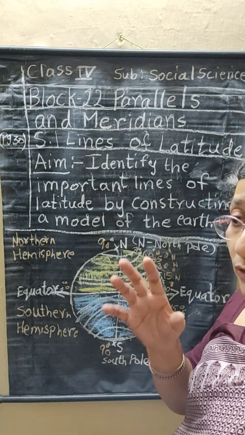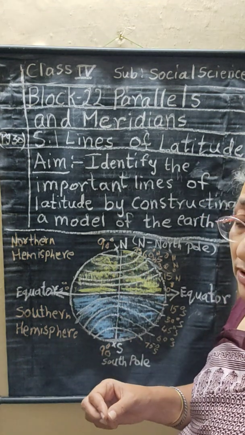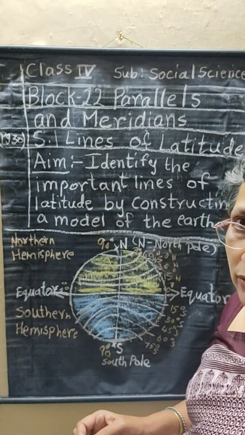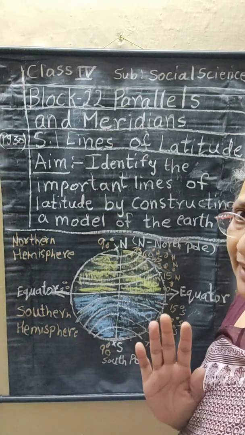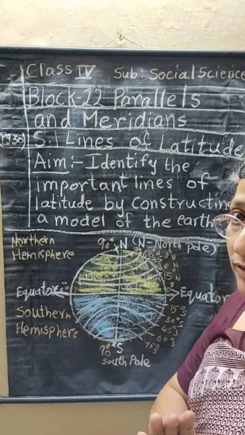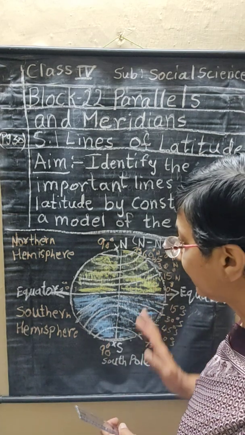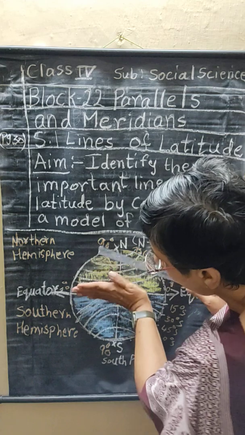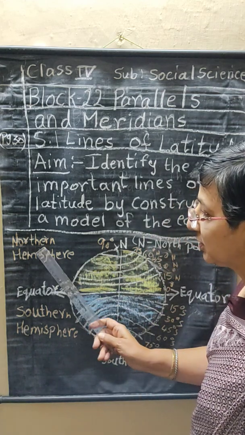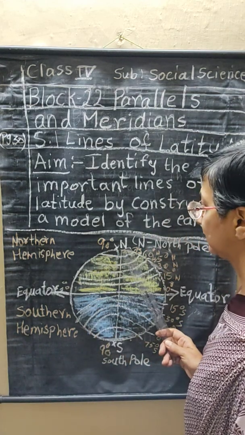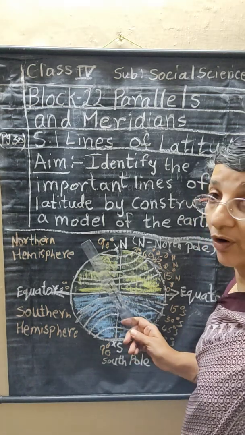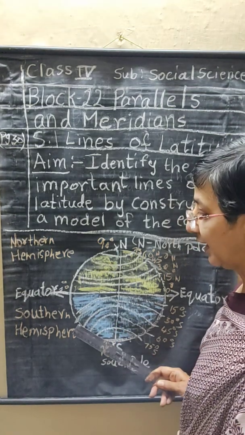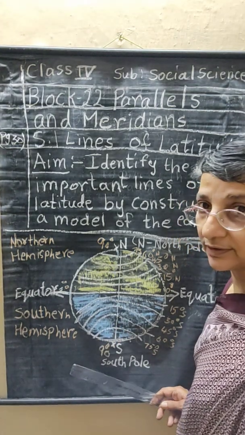Okay, children, if you don't understand, you are having videos, you can open and see them again repeatedly, 2-3 times, so that you will understand, and read the reader also. Okay. Now another thing, children, this half part is also known as the northern hemisphere. What is this? Northern, because it is the northern hemisphere, and the southern hemisphere.